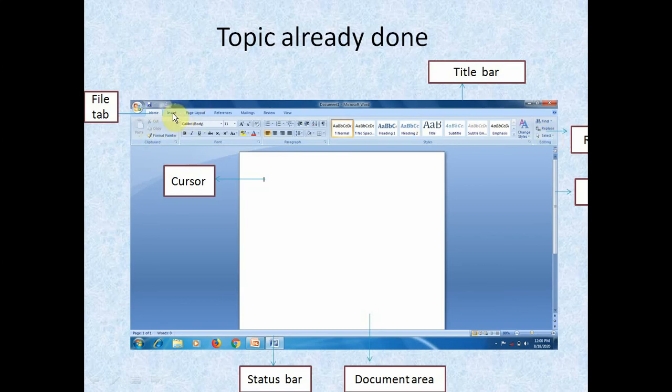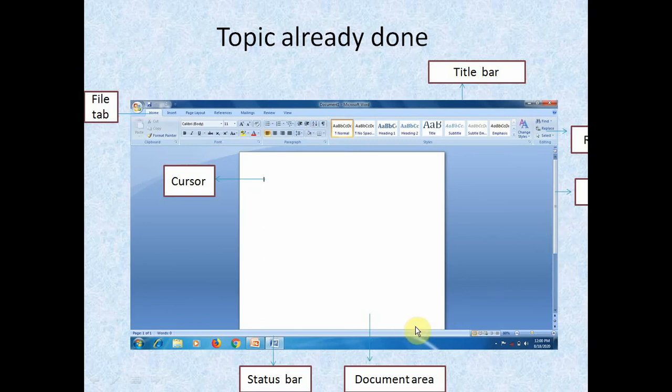When you click on any of these tabs, you will get the ribbon with all the features of that particular tab. Now this is the scroll bar, which helps you go up and down.